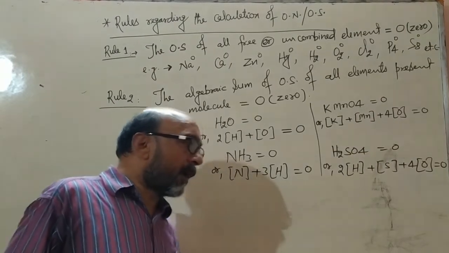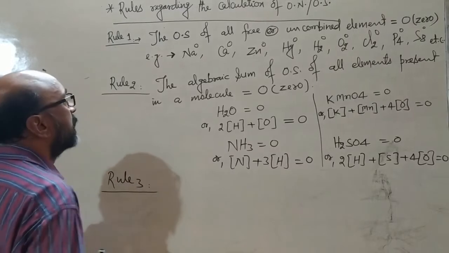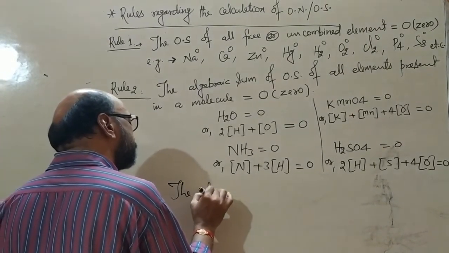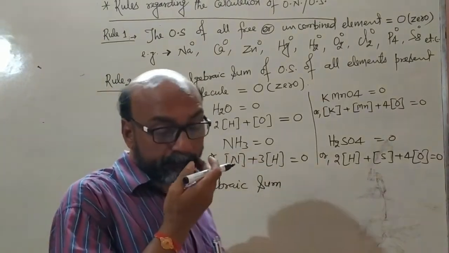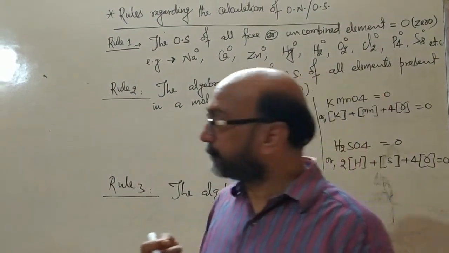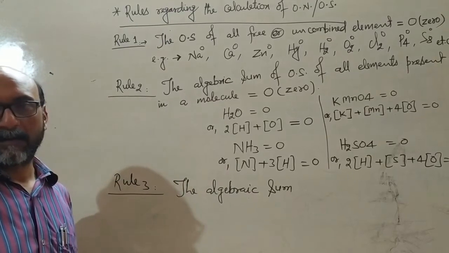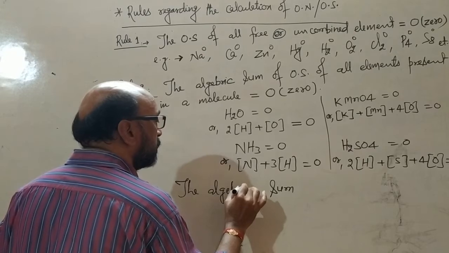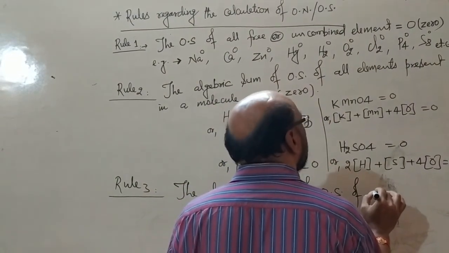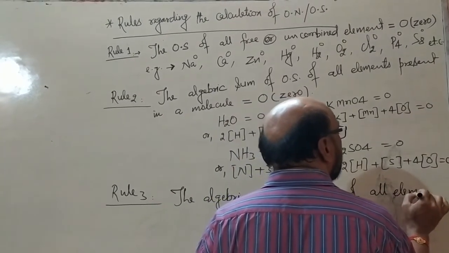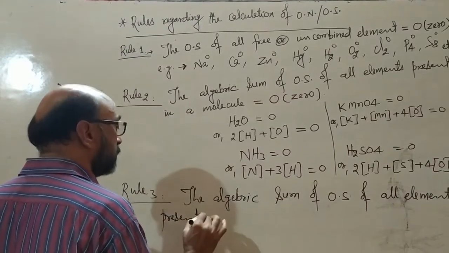Now, the third arbitrary rule to have the concept of oxidation number is the algebraic sum. Algebraic, we should write like this. The algebraic sum of oxidation state of all elements present in